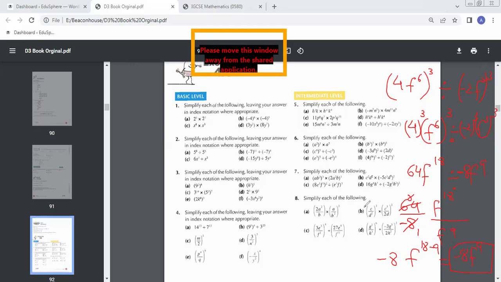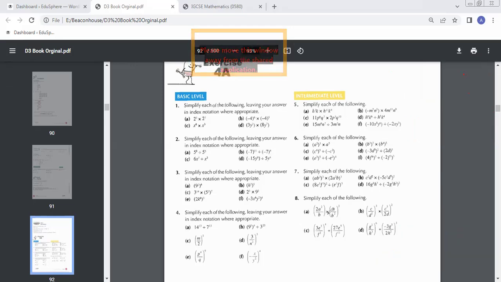I hope the process is clear. Now let's solve one more question from it. So I'm going to do this question number 8. Now let me take this C part over here. Okay, the C part says this is going to be